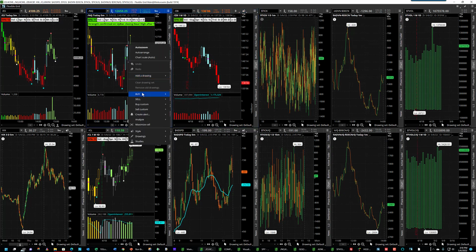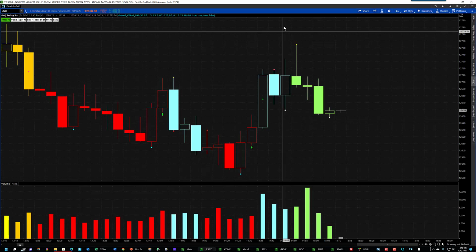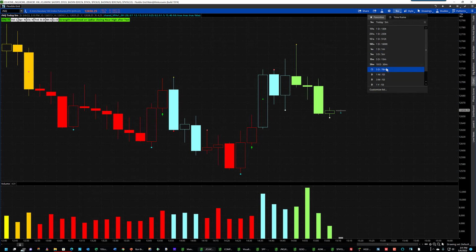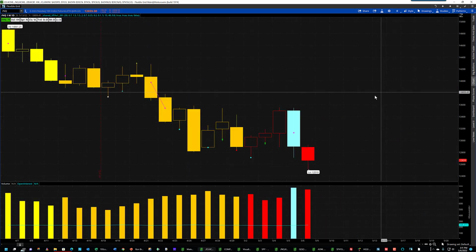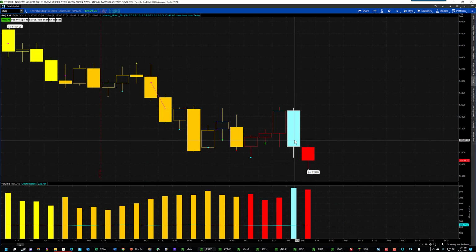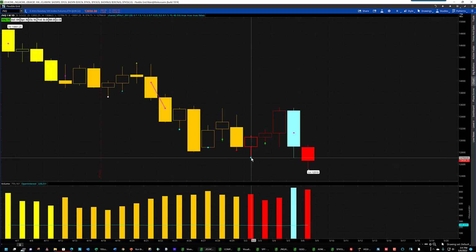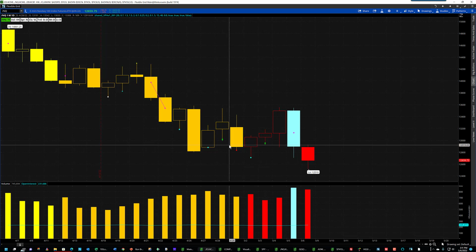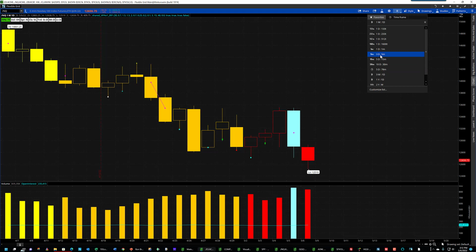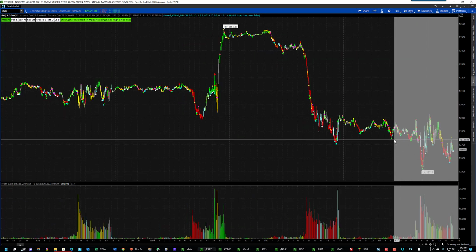So I'm just going to maximize this quickly, and I'm going to change this to 1 month daily, and you can see yesterday using the NQ that the volume was heavier, but today's volume was nearly as heavy. Now, could these be classified as selling climaxes? Well, that remains to be seen, since this is now closed below support on the NQ also, in addition to the comp. I'll go back up and restore this to my 5-minute 3-day default, zoom in on it,